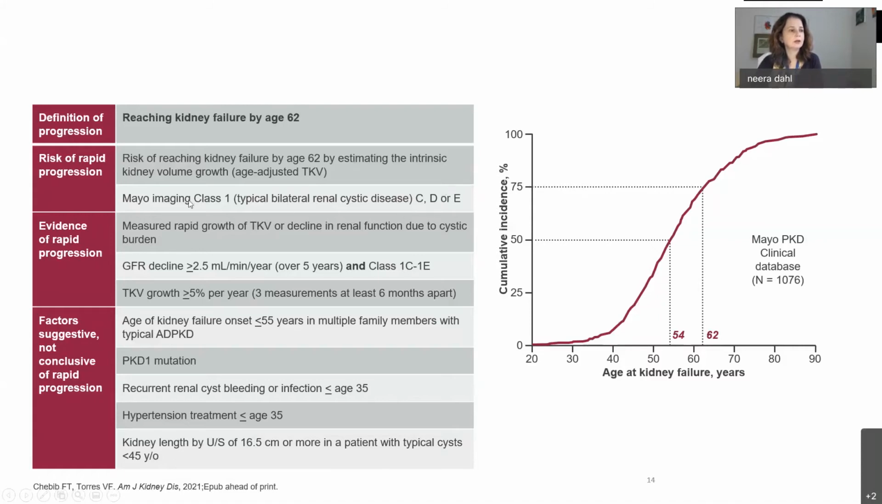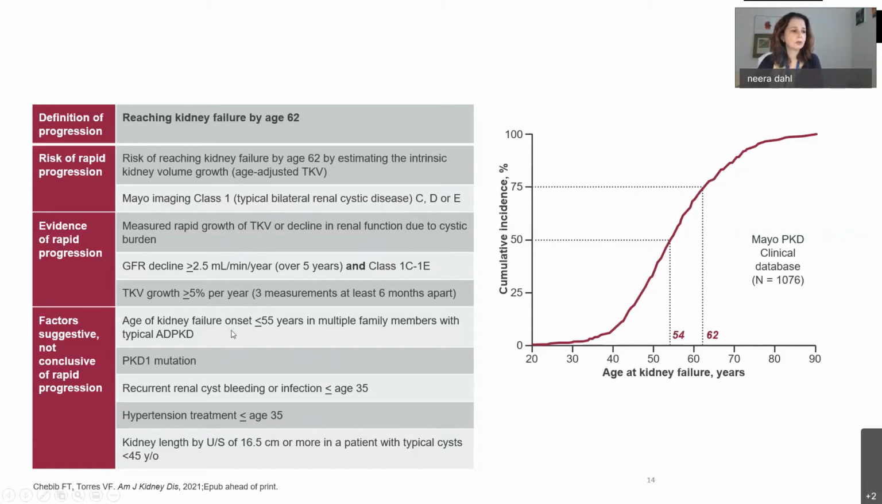And these are people with Mayo imaging class 1, which means typical bilaterally enlarged cystic kidneys with large kidneys, either C, D, or E kidneys, who have evidence of rapid progression either by a rapid change in total kidney volume or a rapid decline in kidney function. And then there are other factors that are suggestive of rapid progression. So like in the patient I showed you,